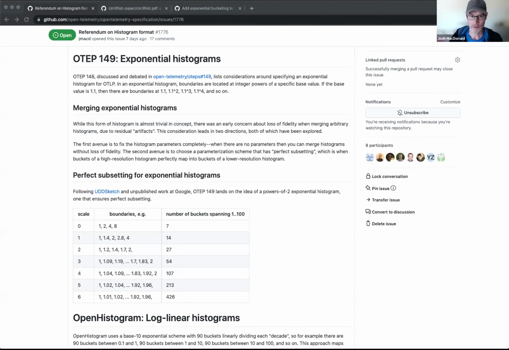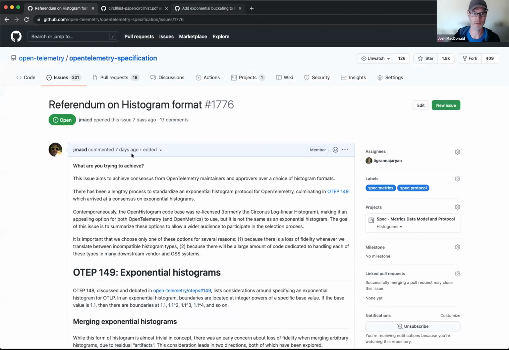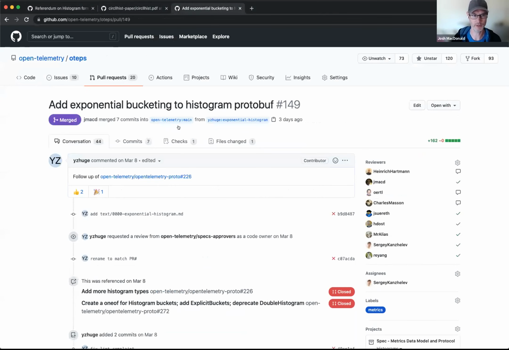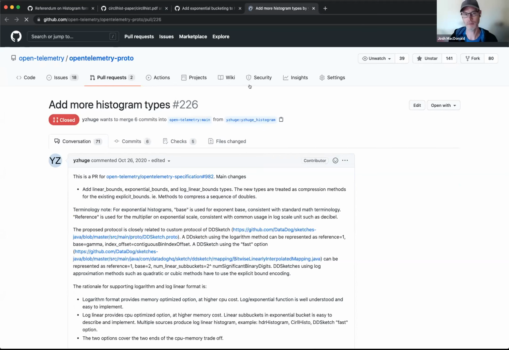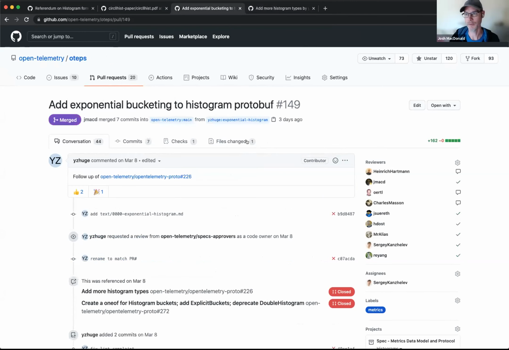Okay, all right, you can see now I posted an issue a week ago after merging an OTEP, which had been open for a long time since March, but this is building on a PR that had been open since, I'm going to say September, October. So this PR had been through a lot of debate, and then we decided that there was so much debate, we couldn't just have a PR, we had to have an OTEP. So the author went back to the drawing board and came back with the OTEP, which I merged last week.